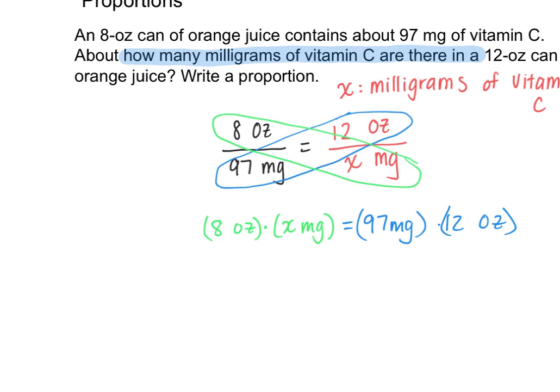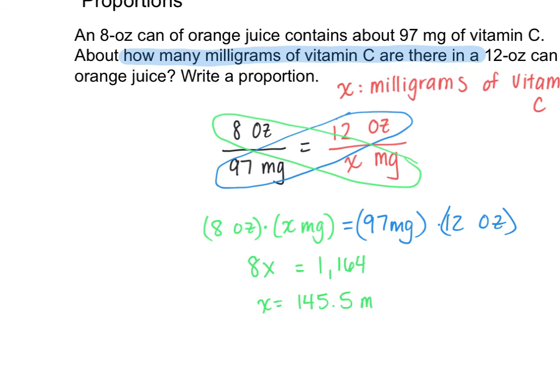So this becomes 8x on the left equals, and then 97 times 12. That is equal to 1,164. Guys, I did not know that off the top of my head. I used a calculator. And then if we divide both sides by the 8, we will be left with X equals